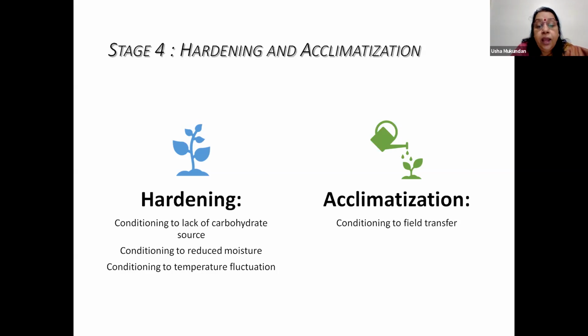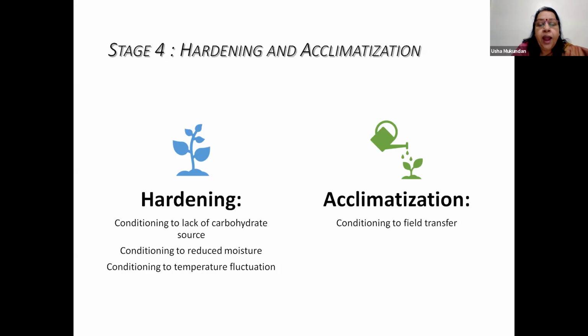And how is the light illumination? In tissue culture lab, you are providing cool fluorescent light. So the light intensity is low. In field condition, light intensity will be more. Then in tissue culture lab, temperature is 25 degrees centigrade plus minus 2, which is very comfortable. But in field condition, temperature is much higher. So for all these changes, you have to gradually wean the plants from 5-star condition to normal existing condition in the field.